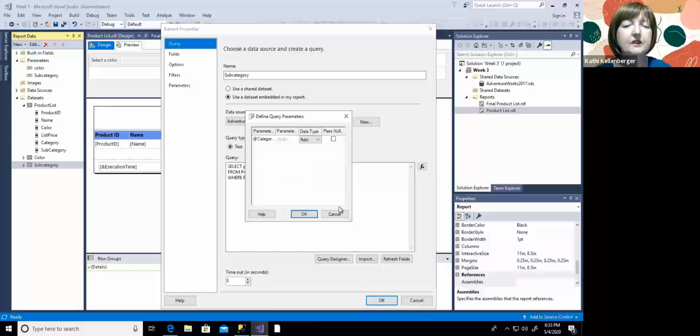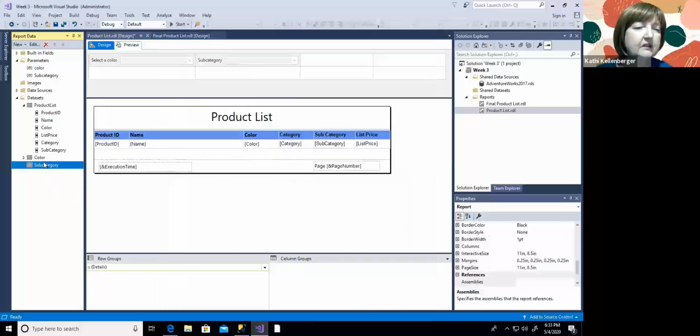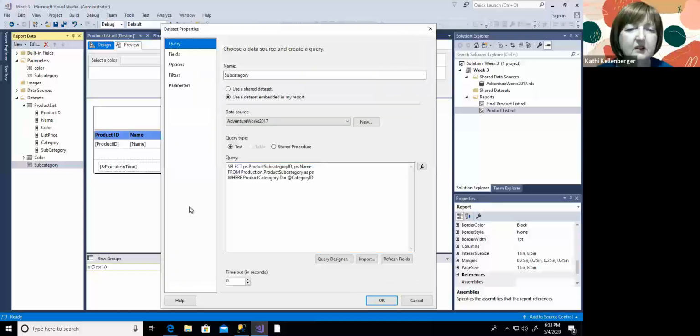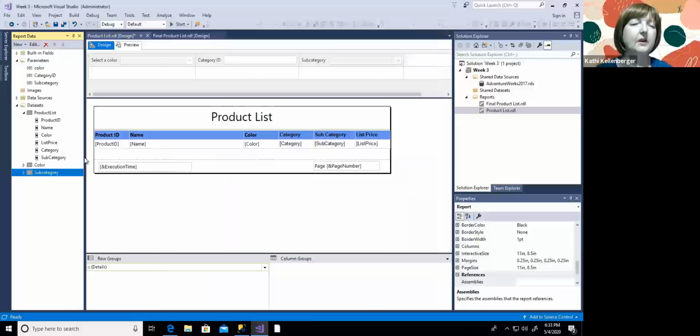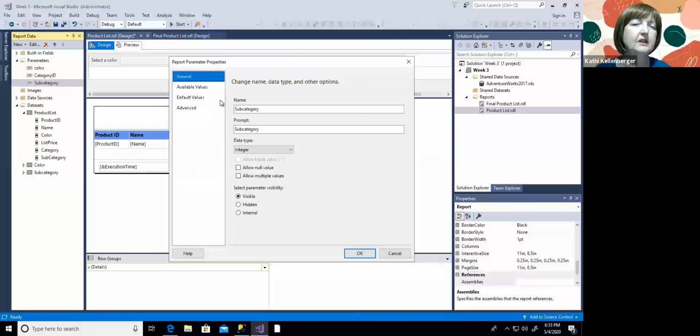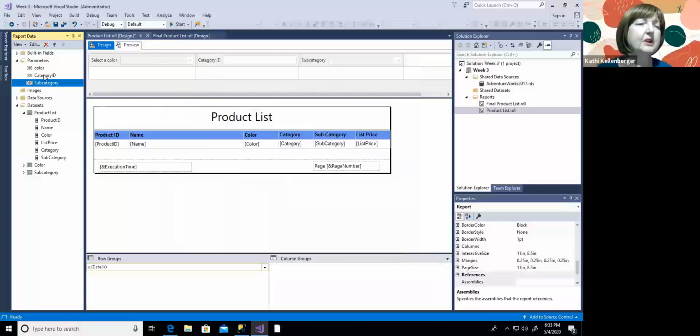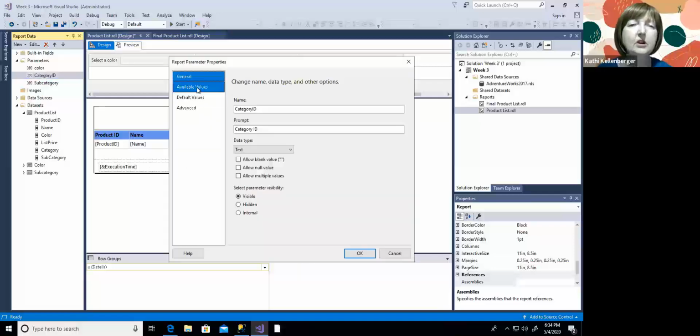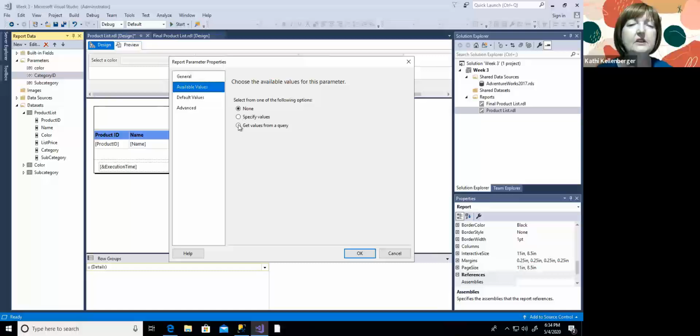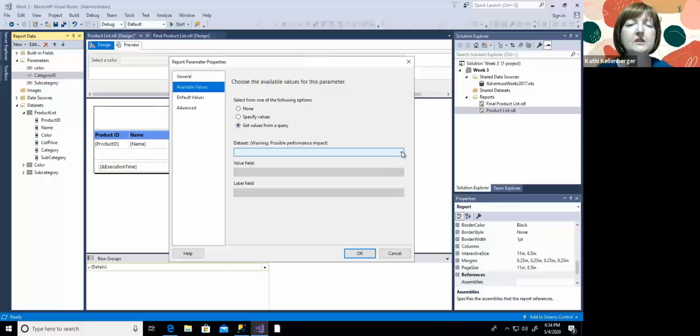Okay, and it's not happy. Product category ID. Okay, like that. I'm going to go back into the subcategory, go to available values. I'm sorry. I'm going to go into category. So now I've got a new parameter called category. Double click that, go to available values, get values from a query, choose